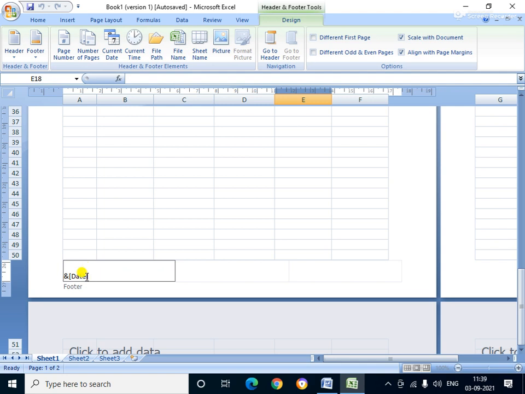Suppose I am entering a date. Today is suppose 3, then 9, and then 2021, 0309, and here is the time, the current time.